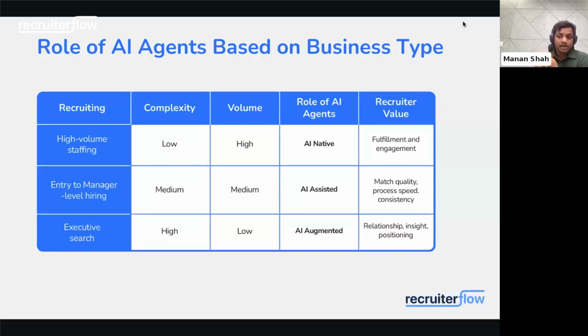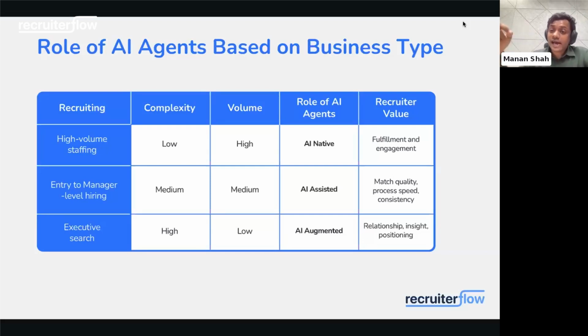So when we're looking at high volume, let's think about roles that do not require a lot of nuance. For example, let's say security staff. You are in the business of staffing hospitality staff, and certain parts of hospitality staffing are not very complex. And so for the decision making, AI is reasonably accurate even at decision making. That's why we call AI agents here AI native, or there is another term that's going around in the market called full stack AI, which means that you should be able to